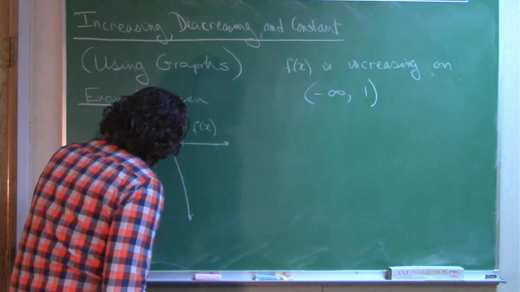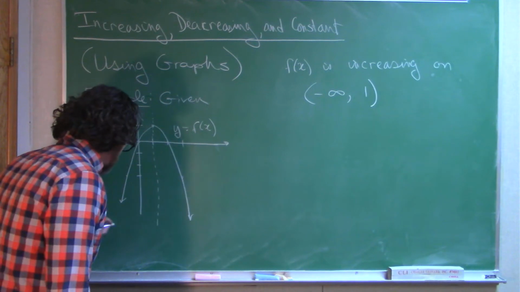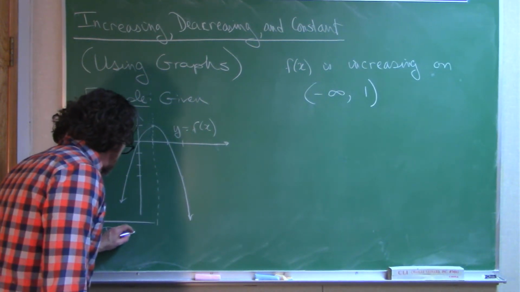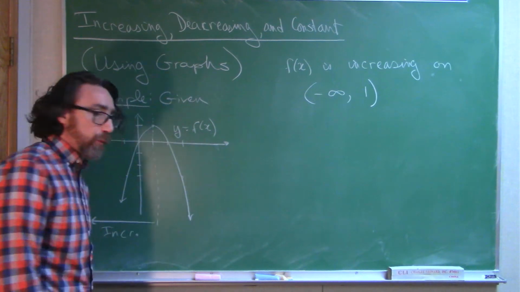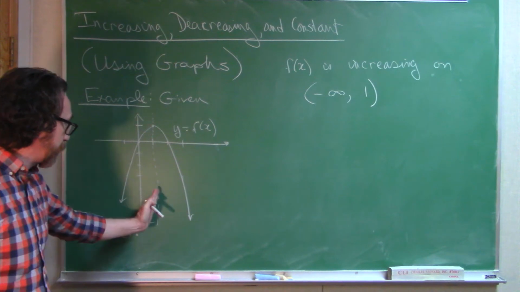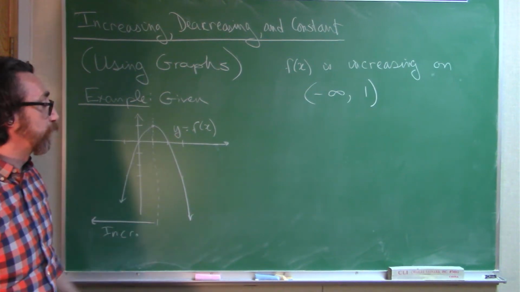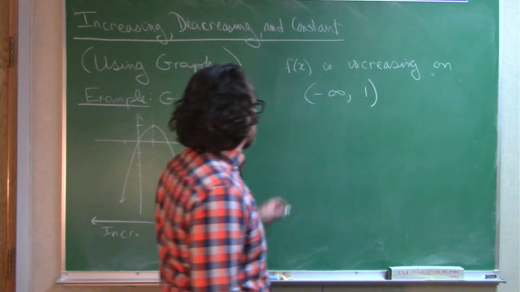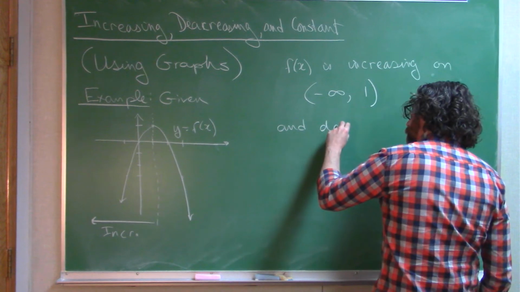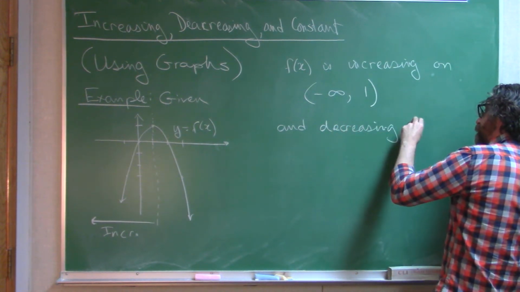When we talk about where a function is increasing and where a function is decreasing, we're talking about the portion of the x-axis where this is happening. So this function is increasing up until you get to this point. How do we determine where this is? Well, that's where x equals 1. And this is decreasing